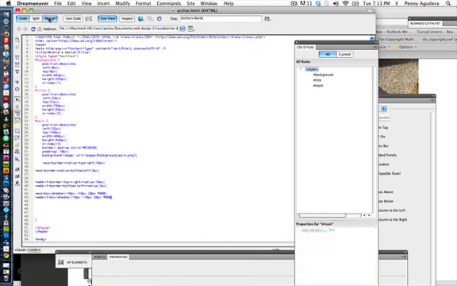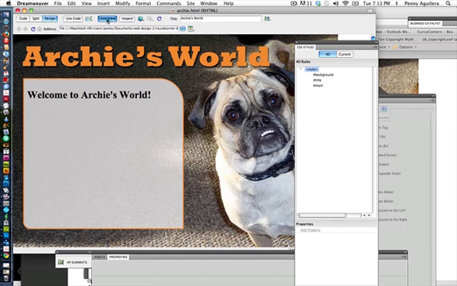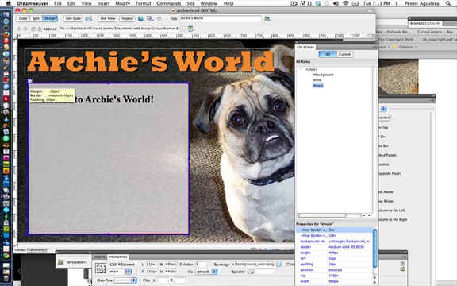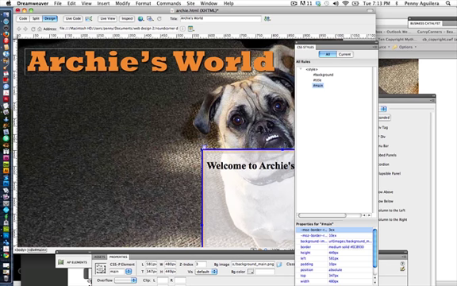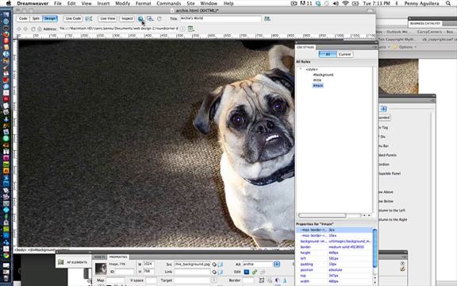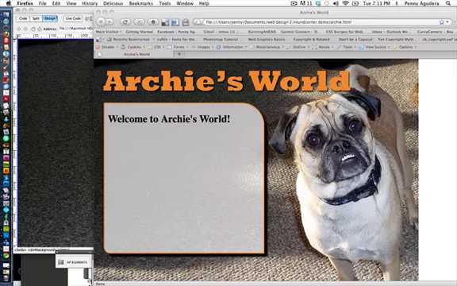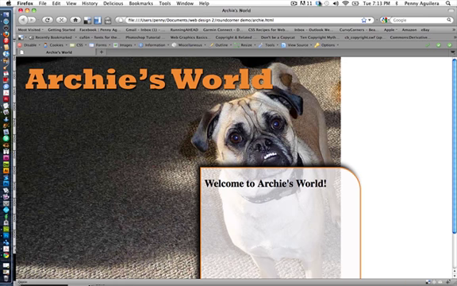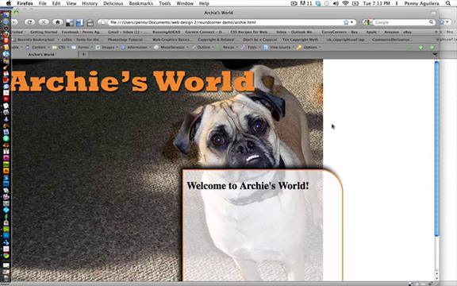Alright, one more thing here. I'm going to get out of live view. It's a little bit difficult to see, even I can note that. So I'm going to move this whole business down and preview one more time. Okay, so a much clearer view. It's obviously not where I want that box to be, but I can see my drop shadow's change of position, the change of the number to 20 created the softer edge, and I went back to black. I still have the transparency and the round corners, so kind of the best of all that CSS can do to your